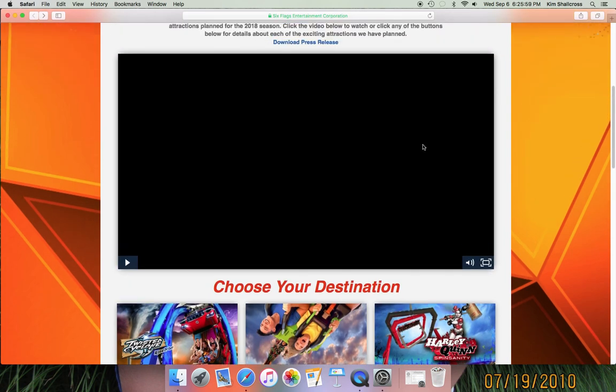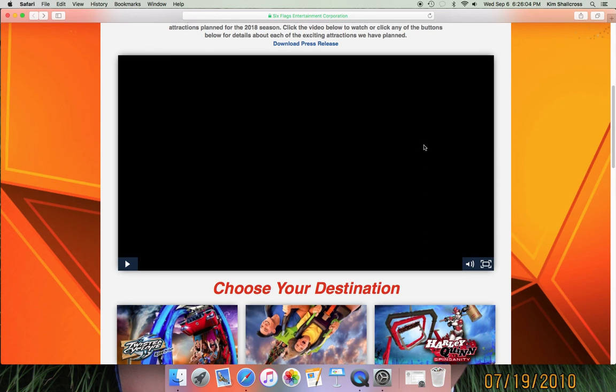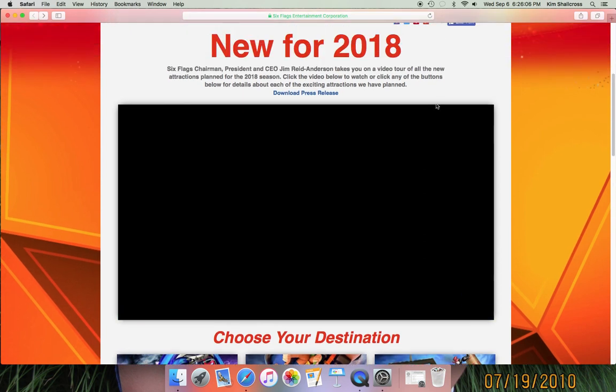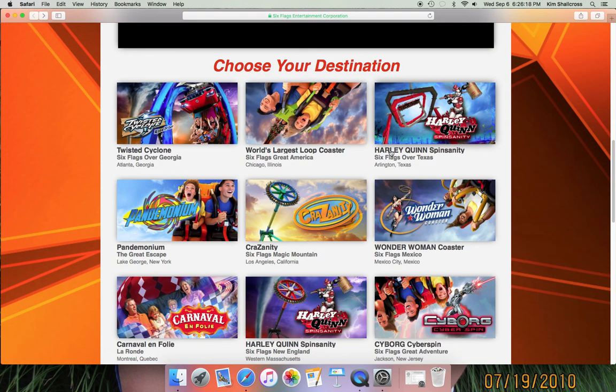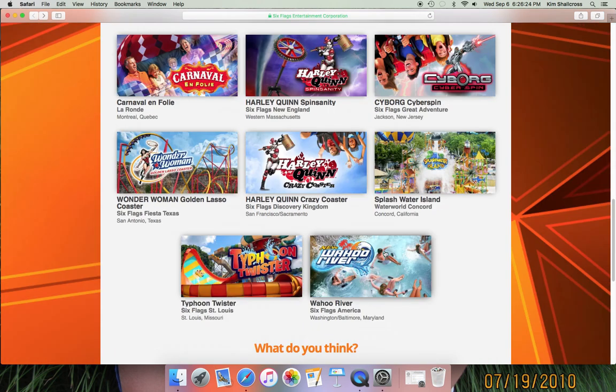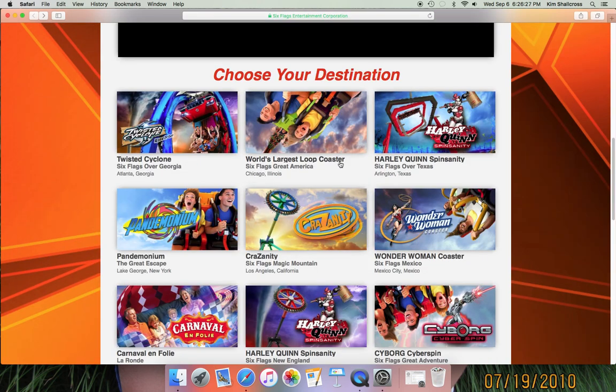The era of the conversions is over, but we might see the dawn of the Raptor being cloned over and over again going to Six Flags parks. But other than that, it was nice seeing Jim Reed Anderson in another trailer. John Duffy was a snore in his last year. I'm very happy with Six Flags. There were only a couple of bad additions, but even then, at least they got something. I don't care for the Ronde. Six Flags America was disappointing, and Great America is the only one directly that affected me, and I'm just like...